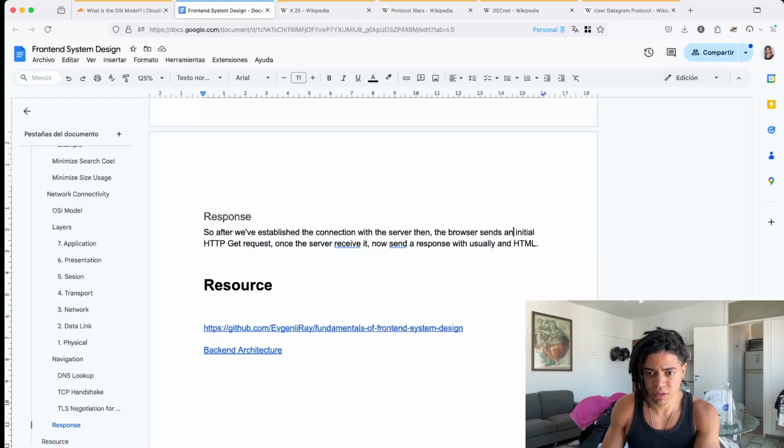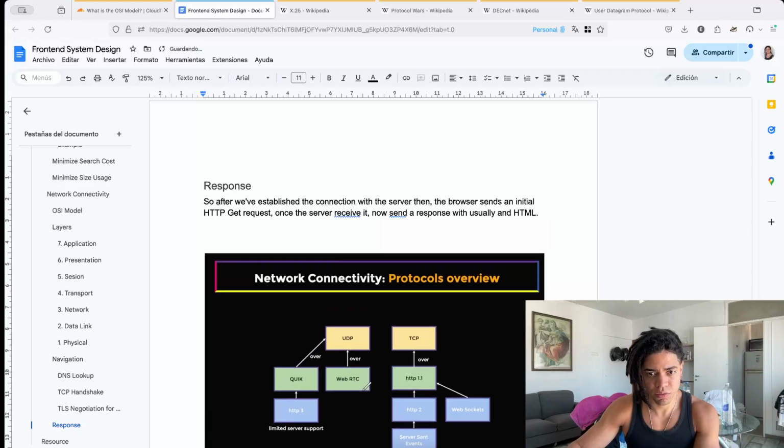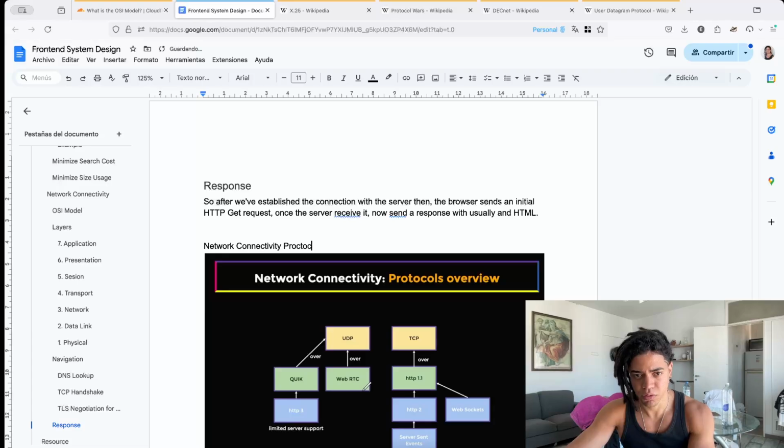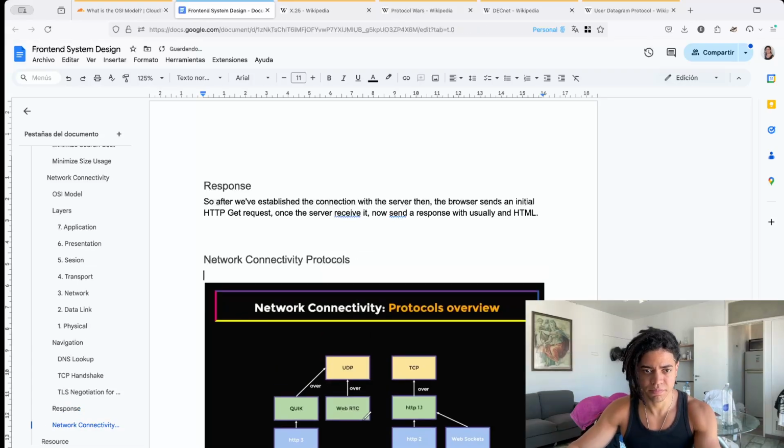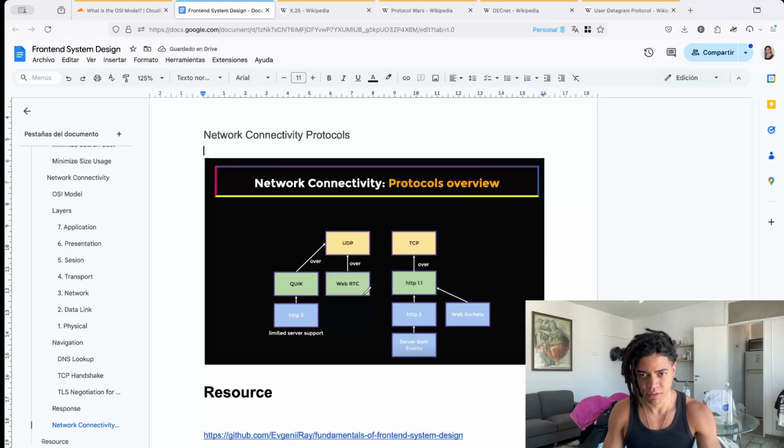This is network connectivity protocols. So now here we're looking at the network connectivity protocols. Okay, that's quite interesting. And as a way to have now more secure